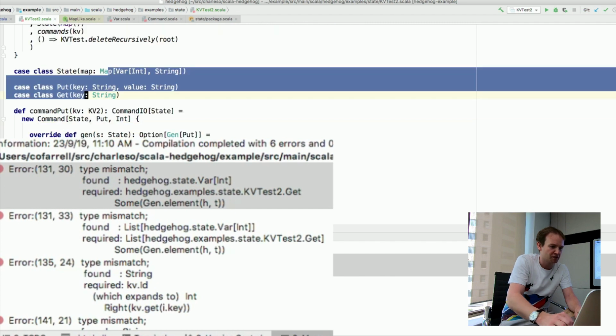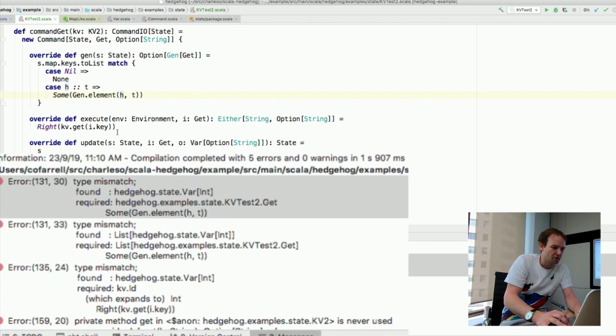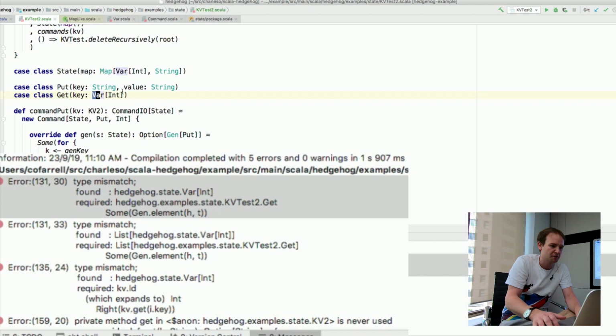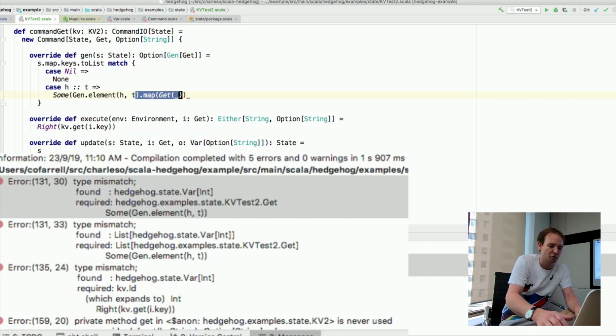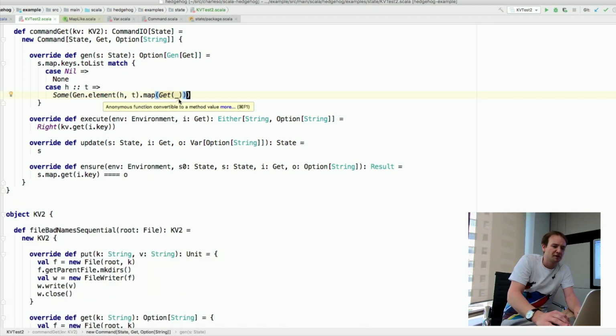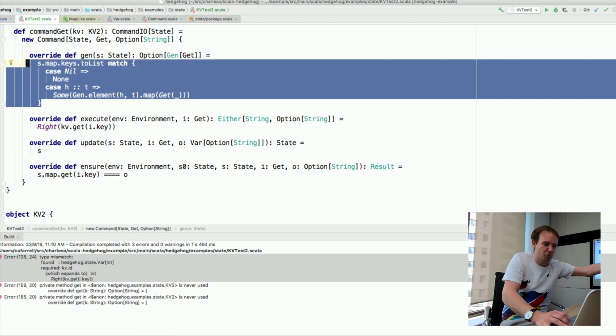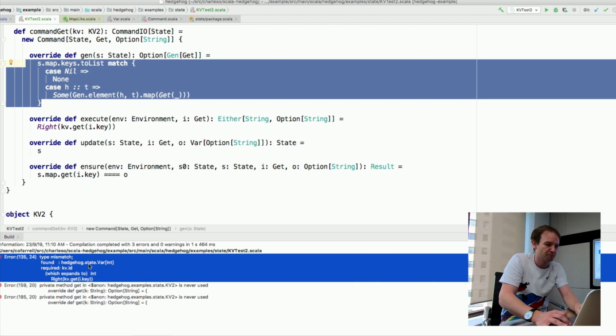Oh yeah, get, sorry. And we're going to change get to be the same thing here, var int. Okay, what's going on now? Oh, get, sorry. So get's going to take one of these vars. So I'm going to pick one of these ints and then map it over with get. Does that make sense so far? Yep. So now from this state we're picking something that we know to be true. Like there'll be a put before in the sequence of steps. Once there's a put, that will get returned with an actual variable that we can then use to look up an actual value with this database ID. It'll hopefully make